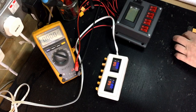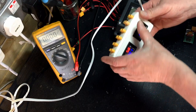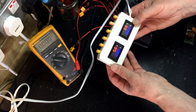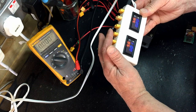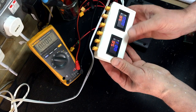Hi, this is a catch-up on where I am with the power distribution for the InMoov. This is my original unit that I've been using for several months now. It's got two VU and amp meters on it, because I was going to have dual power. So these three were going to be 5 volts and these three were going to be 6 volts. That would have shown me 5 and 6 volts on those, and also the current